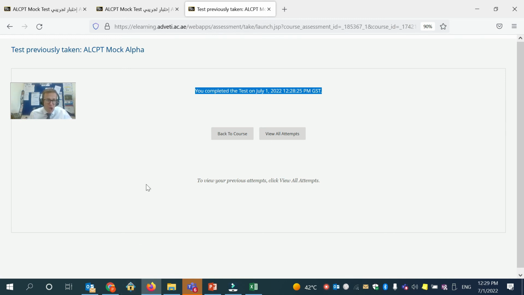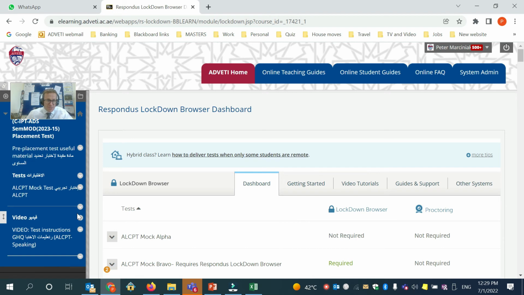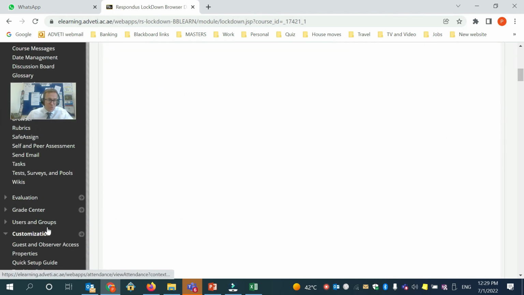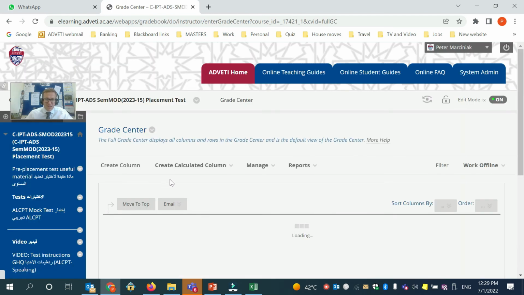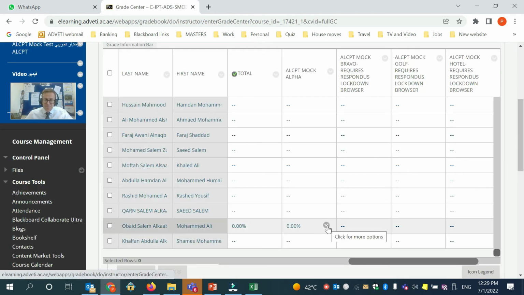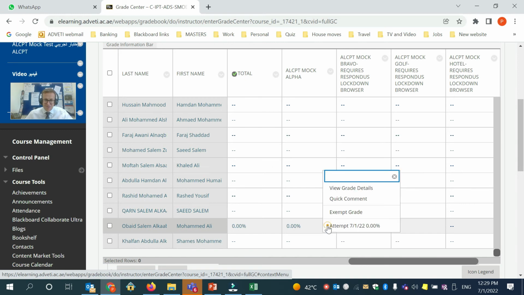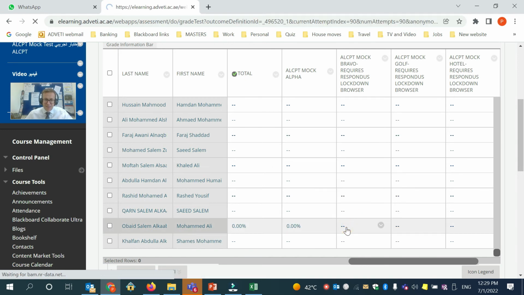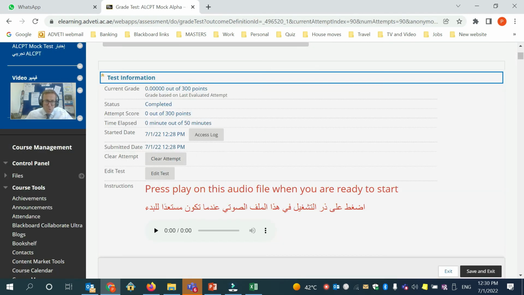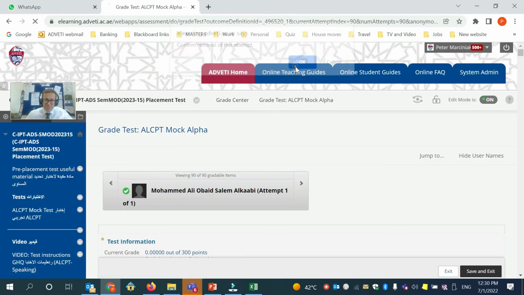If they answered 0 or very few, then you need to clear the attempt. To clear the attempt, you go into Grade Center, Full Grade Center, and then you can see here that we have 0. He did an attempt. Click on the attempt. And then when you open the attempt, you have test information. You can click on Clear Attempt,